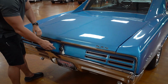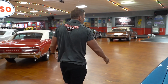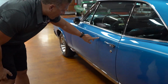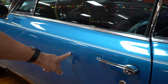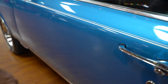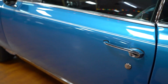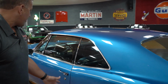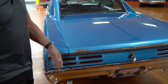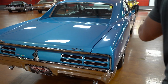Something I did forget to mention on the driver's side of the car, just because it's so minimal, but there is a little tiny bubble right there. The paint, maybe that area wasn't prepped properly or something, but I did notice that earlier and I forgot to point that out, so that's my bad. But it is there. It's right in the center of the driver's side door, unfortunately, but it's very minimal, but you can see it. Looking down the passenger side of the car,